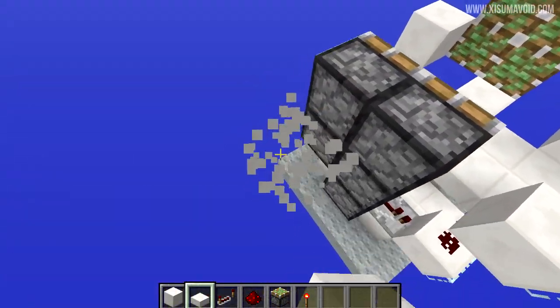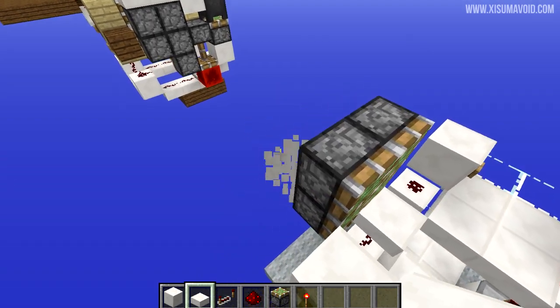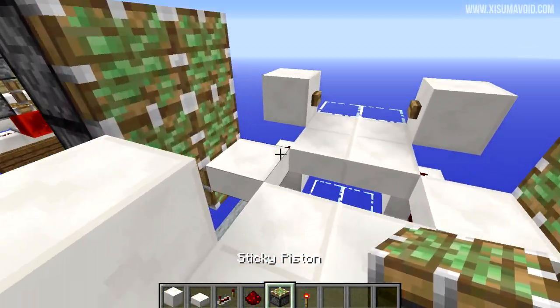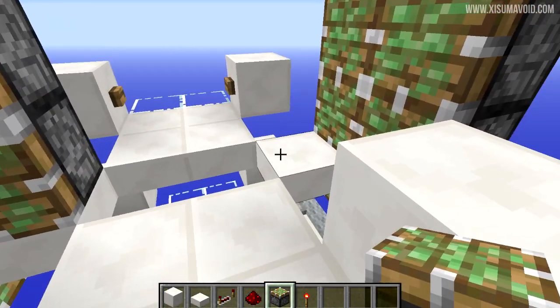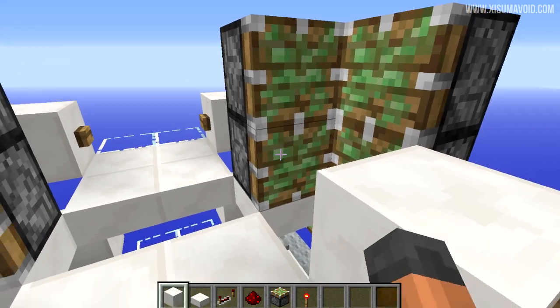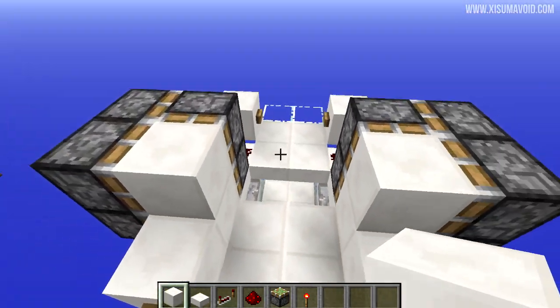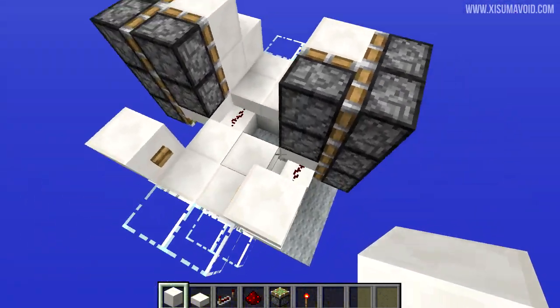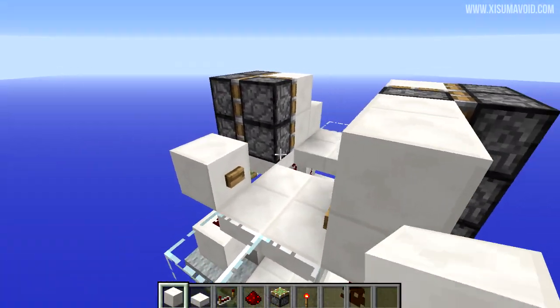then we can remove the block behind it. Now on top of that slab, what we can do is place 2 pistons facing forwards, so the first one at the bottom, then the one on top. Same thing on the other side, 2 blocks in front of them, and then that's the pistons and the blocks of your Jeb door. So now what we're going to do is fill in this space on the corridors behind,